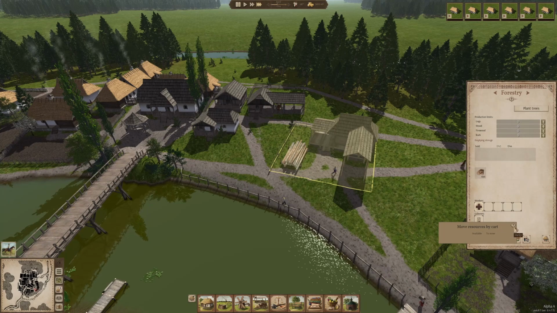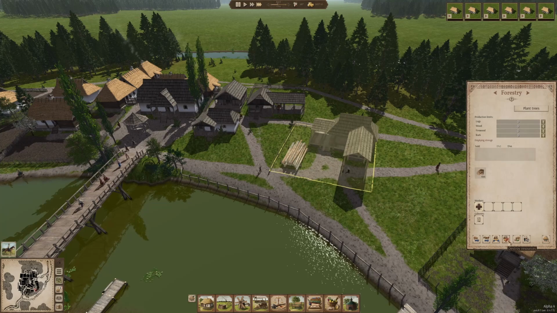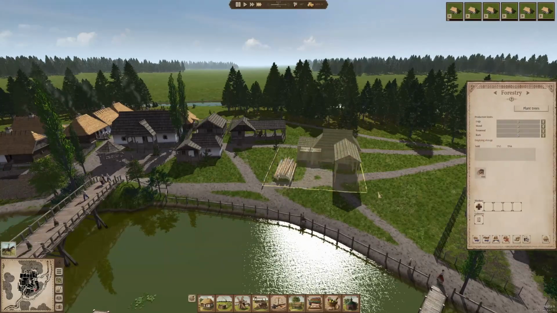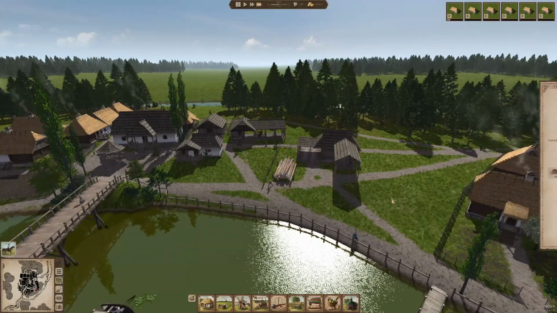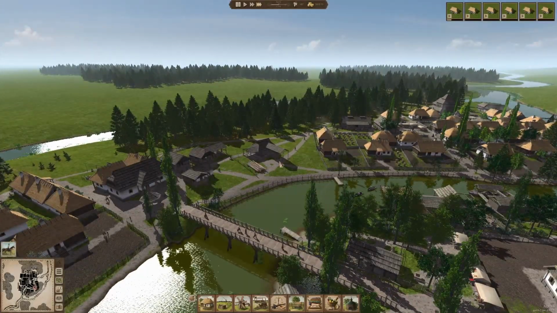Move the resources by cart. Move these resources. Make empty. Stop emptying. Okay, so we're still emptying this slowly but surely. We've got to get rid of this forestry building here, these logs, in order for us to join up the